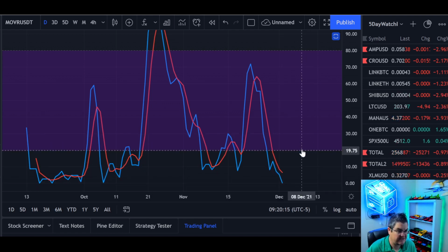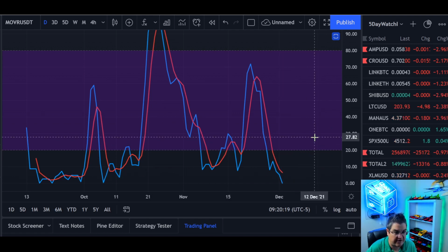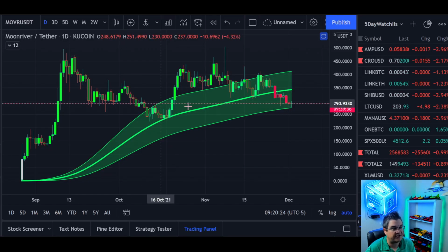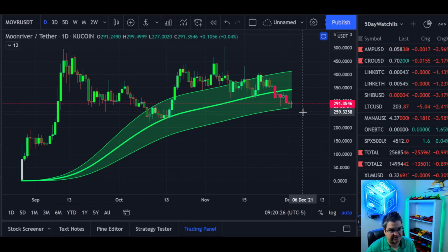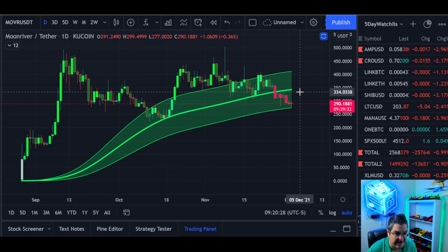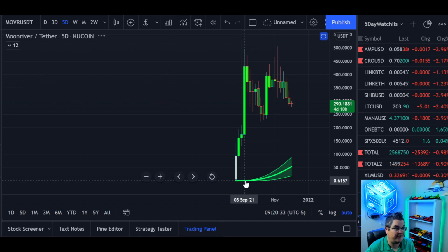So let's get them both back in the shaded area, and then we can look for a bigger bounce out of MoonRiver. Now let's go look at another chart. The Gaussian channel, which I usually like to focus on the 5-day, has the least amount of fake outs on the 5-day. However, if you put on the 5-day,